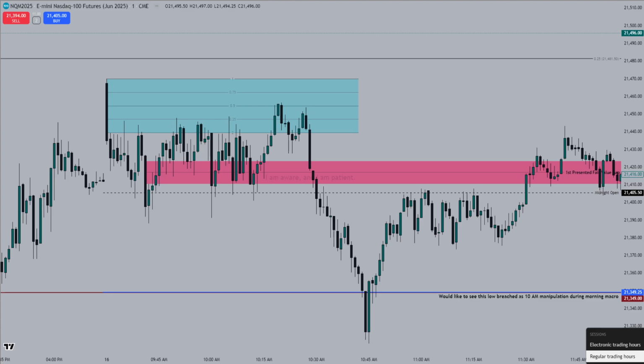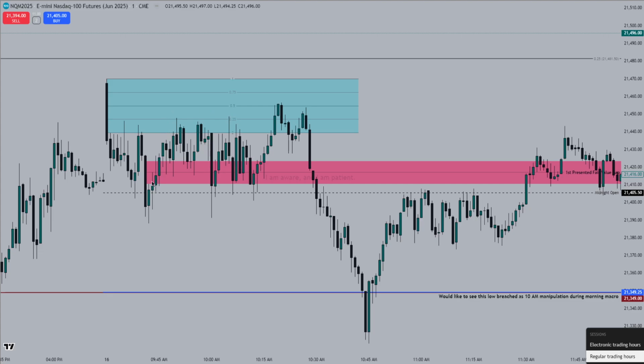But as you can see, as 9:30 opened up, we have a big drop lower, forming us this gap that we have here. I've drawn it out in blue, and I've highlighted its quadrants. The respect of the 0.5 level is the main driver that brought us down lower here, and the run on the accumulation highs, which was formed in this kind of sideways price action here.